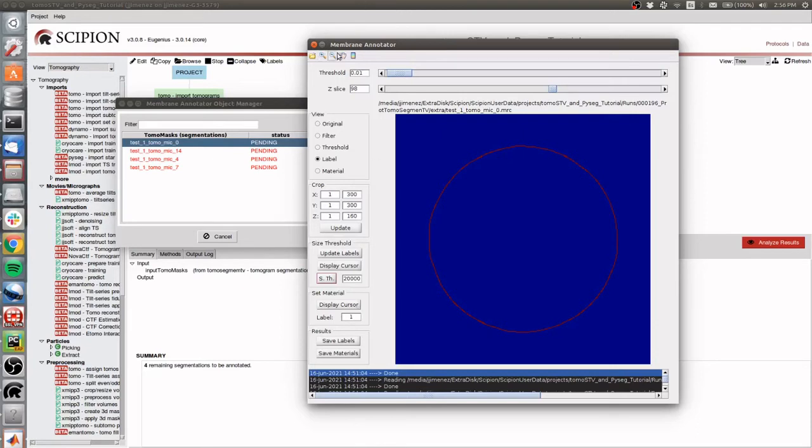I recommend using this kind of tool just to make a quicker and easier click, because sometimes we have a lot of structures here which can be a little bit difficult to annotate, in case the lines are very thin. So once I'm observing the membrane I want to annotate, I just click here,